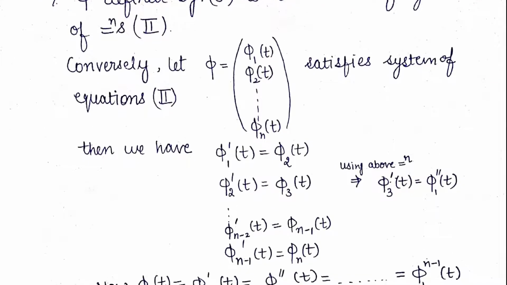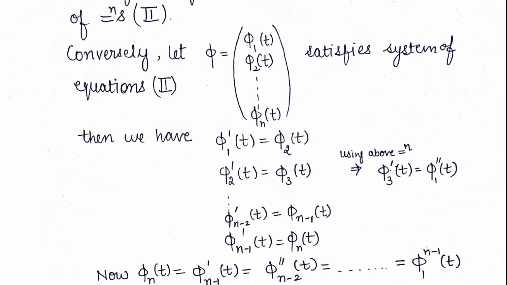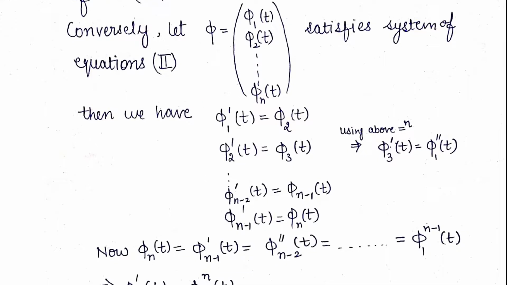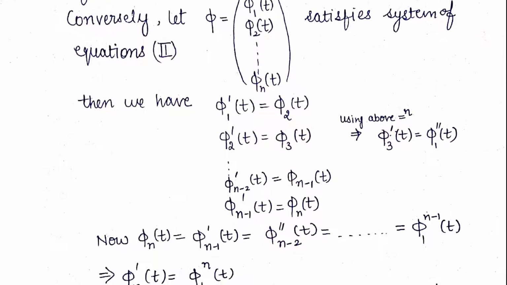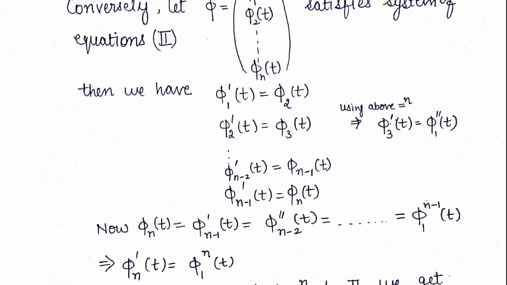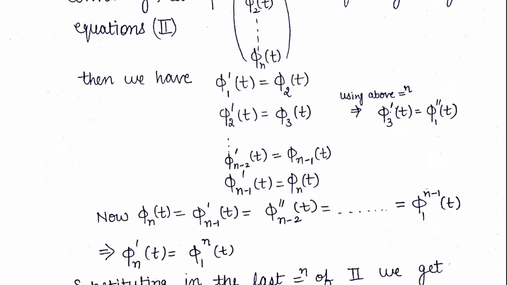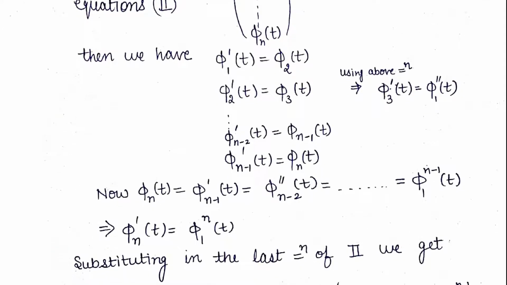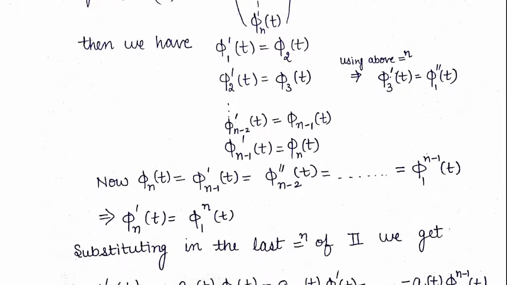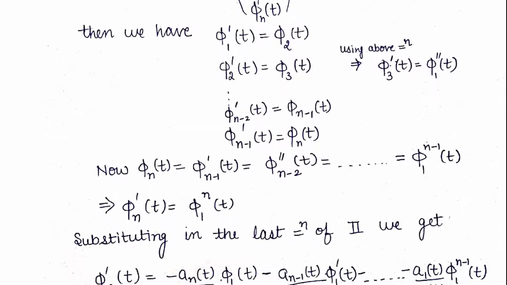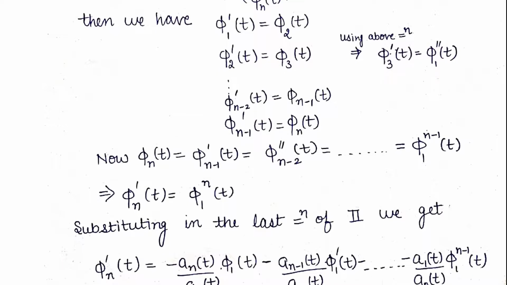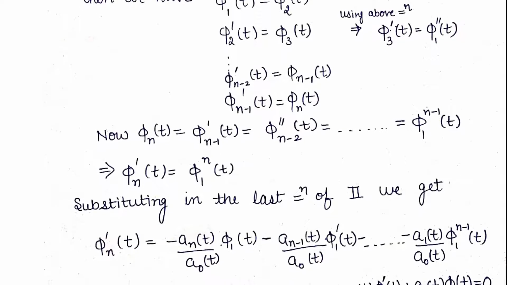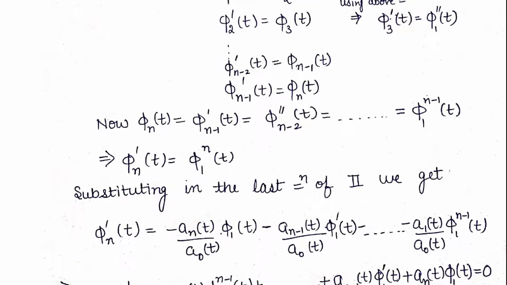We get phi_n(t) is equal to phi_{n-1}'(t), and phi_{n-1}'(t) is equal to phi_{n-2}''(t), and so on. It is equal to the (n-1)th derivative of phi_1 at t. Now, if you compare the first and the last entry and differentiate them, you will get phi_n'(t) is equal to the nth derivative of phi_1 at t. Substituting in the last equation of 2, we get phi_n'(t) is equal to minus a_n(t) over a_0(t) phi_1(t), minus a_{n-1}(t) over a_0(t) phi_1'(t), up to minus a_1(t) over a_0(t) phi_1^(n-1)(t),